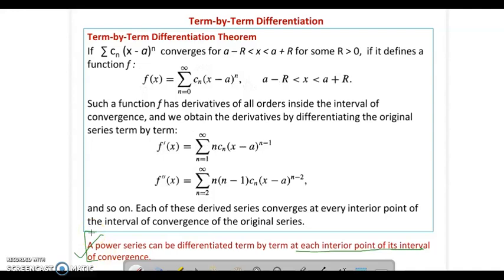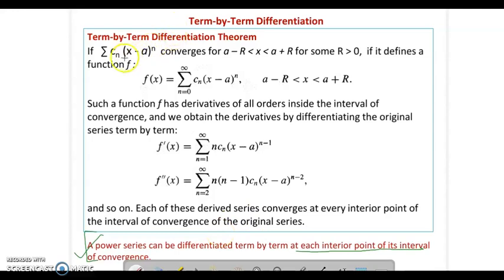See, what do I mean by the behavior of the series? It means that if the series is converging, and if I differentiate it term by term, then the resultant series should also be converging, right? And for that we have to stick to the points which are lying inside its interval of convergence.